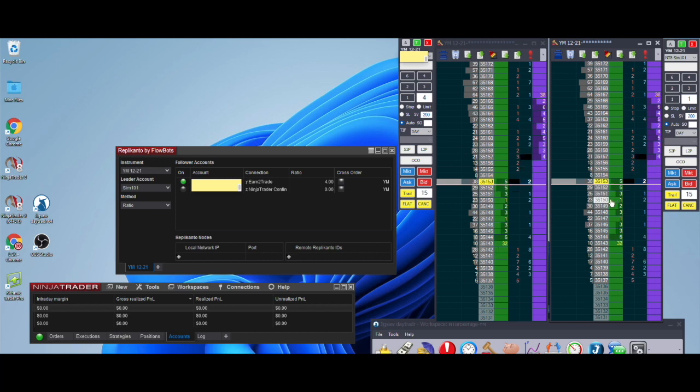You could certainly bring up NinjaTrader and bring up the charts for the 2 different accounts and look at it that way. However you want to monitor it. And one thing I didn't quite show, but when you bring up Replikanto, it does give you a pop-up that says, hey, it's your responsibility to monitor all your positions. You can't just fly around and do a bunch of stuff and then blame them if something goes amiss. It's up to you to actually make sure everything is working properly,